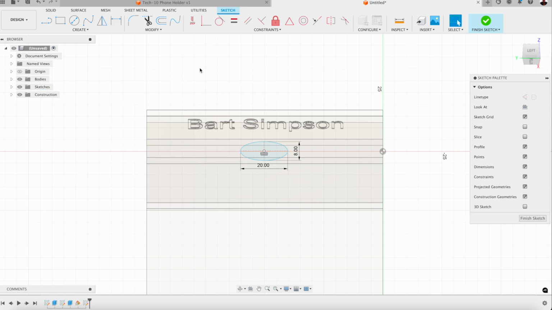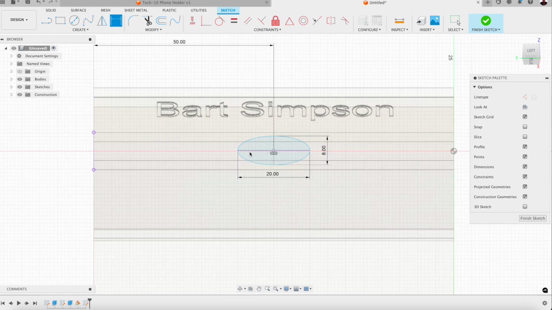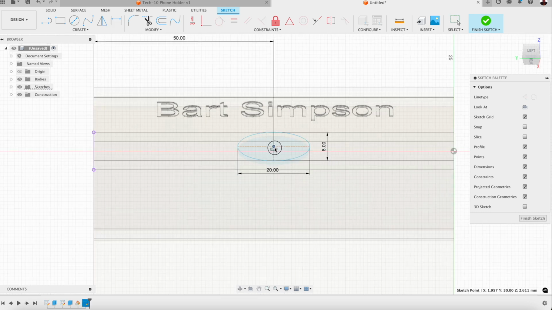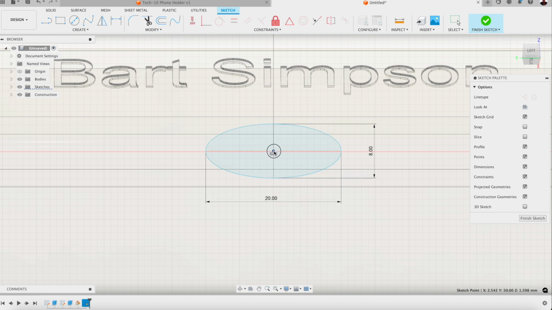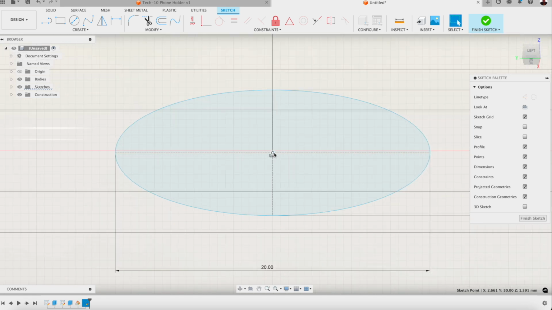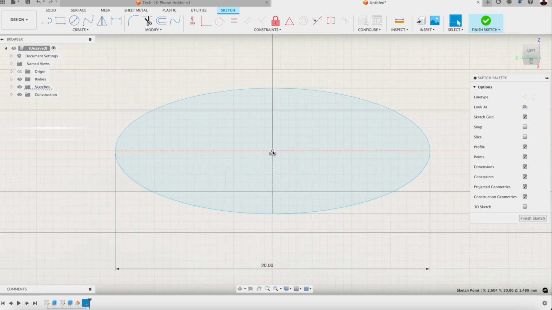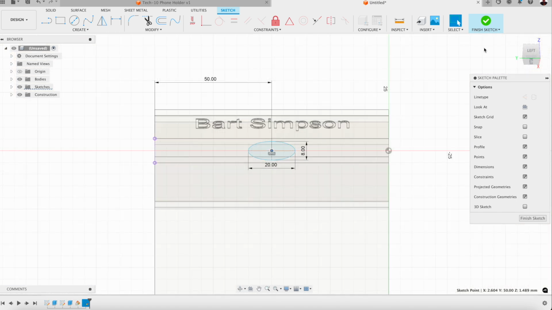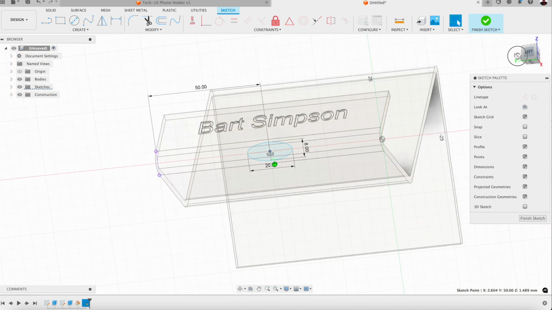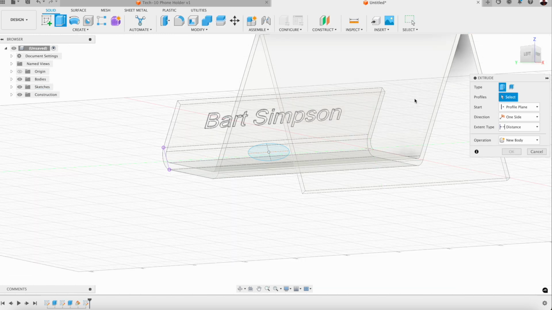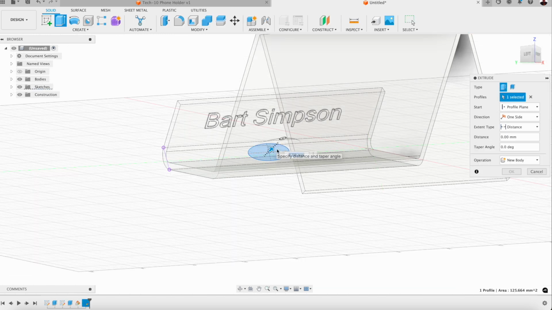So press escape. D for dimension, I want from that dot to that edge and drag up, and I'm going to type in 50. All right, I'm going to zoom in, and now have a look here. I can just drag that and drop that on that red axis right there. Okay, I'm going to come around to the side view now, press E for extrude, and this time